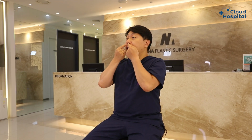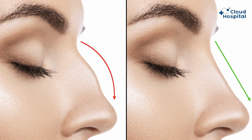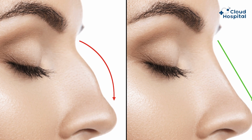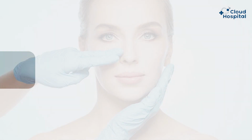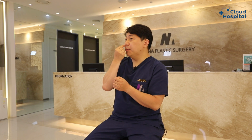The incision will be done in the middle of the columella area here and then extended inside your nostrils. This is a process called open rhinoplasty. I always do open rhinoplasty because we can utilize lots of materials on the inside and we can actually change and do the surgeries correctly. In comparison, if we were to do closed rhinoplasty where we only make the incision just a little bit inside the nostrils, there's a limitation of the utilization of the cartilages on the tip,